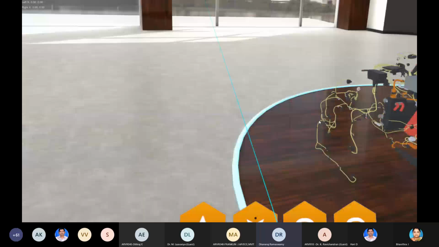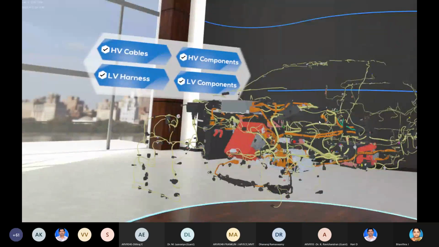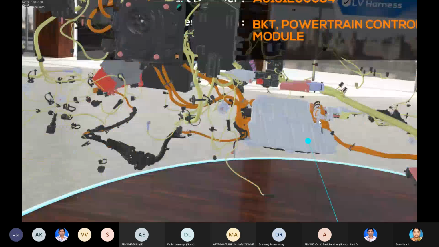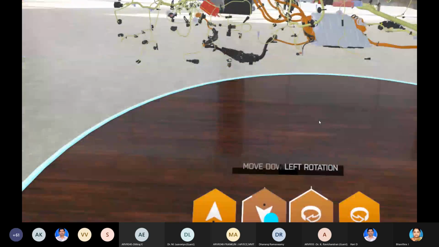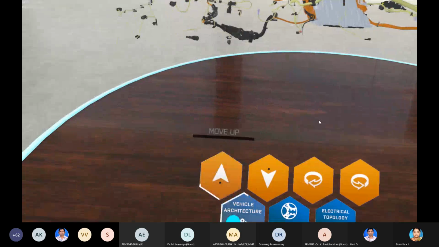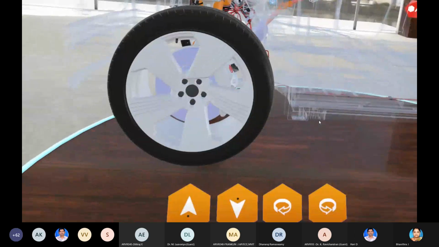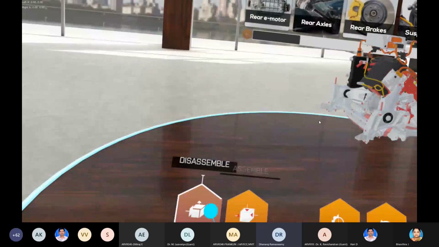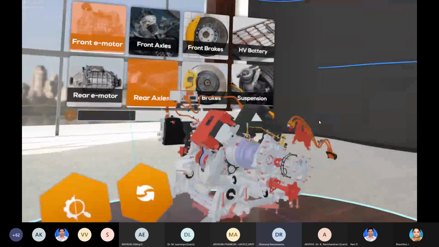You can even check how the electrical current flows. Suppose I want to explore the E-drive.